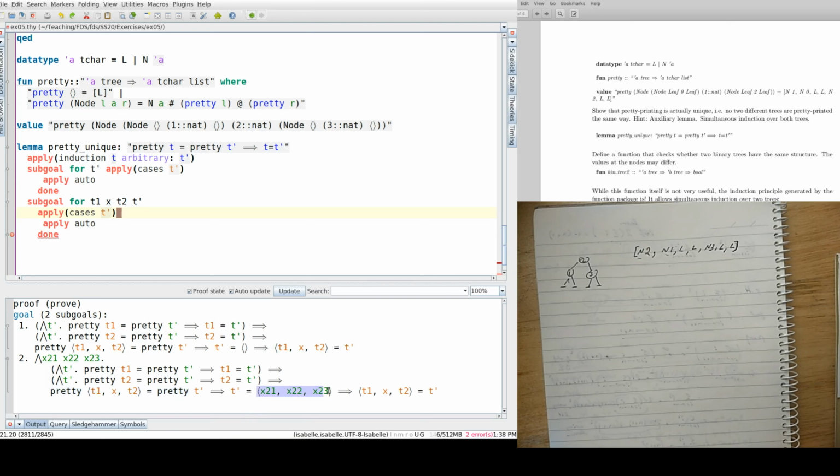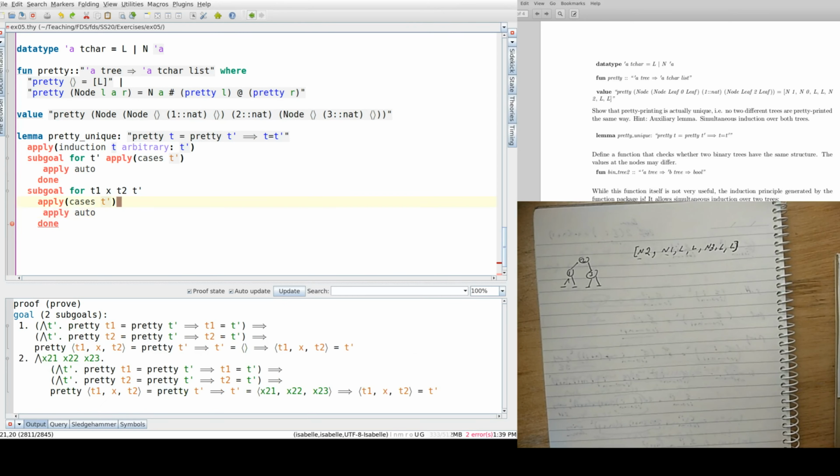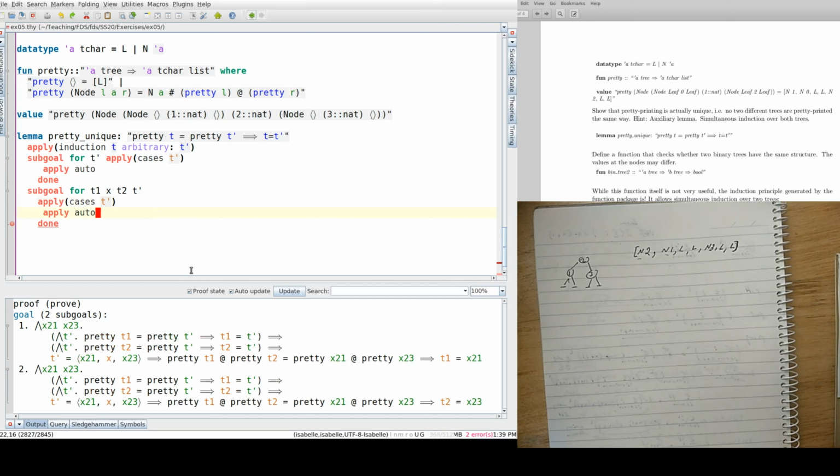So x21 and x23 are the two subtrees, okay, and then we apply O2, and then we see the pretty printing now of x. So we need to prove that t1 equals x21 here. So here we need to conclude something about x21, which is this, which is the left subtree,